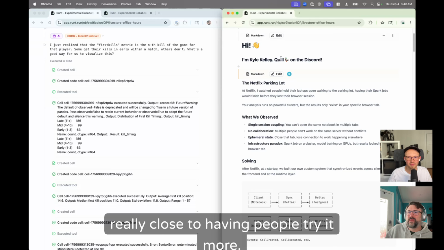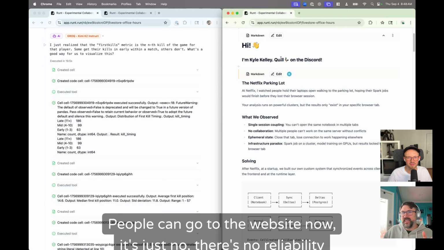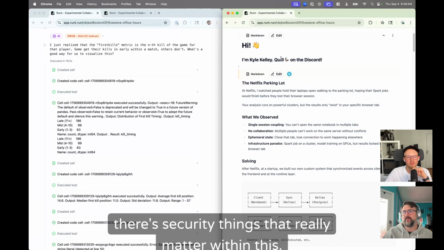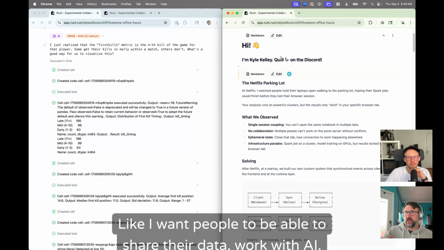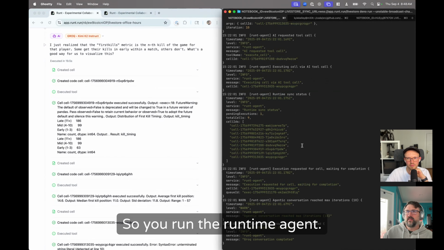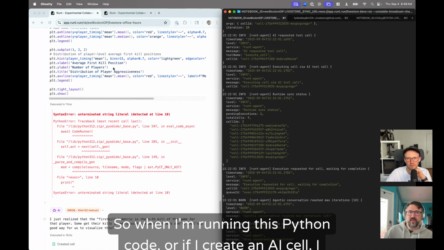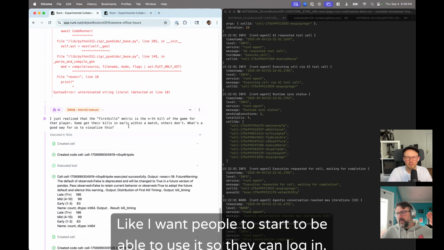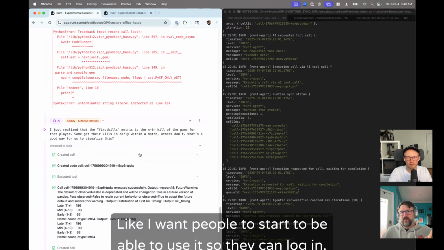We're really close to having people try it more. I mean, people can go to the website now. It's just there's no reliability concerns whatsoever. And there's a lot of stuff that we wanted to get locked down. There are security things that really matter within this. I want people to be able to share their data and work with AI. The way our system works is that you're bringing your own compute, so you run the runtime agent. So when I'm running this Python code, or if I create an AI cell, I can ask about the data above it. I want people to start to be able to use it so they can log in,